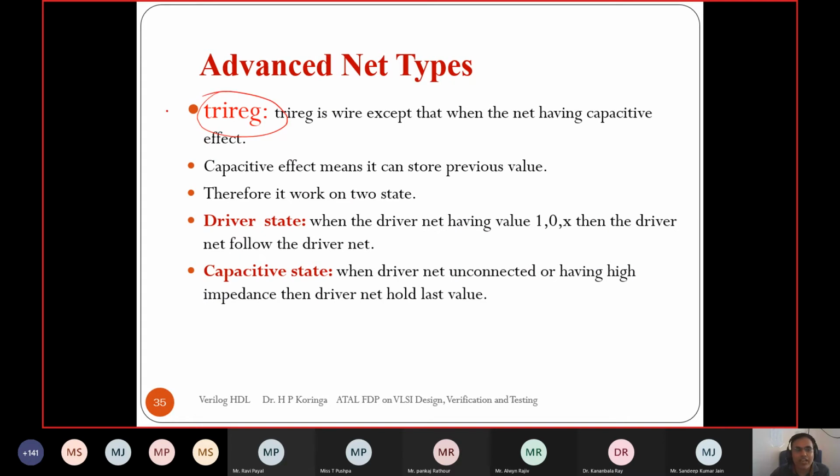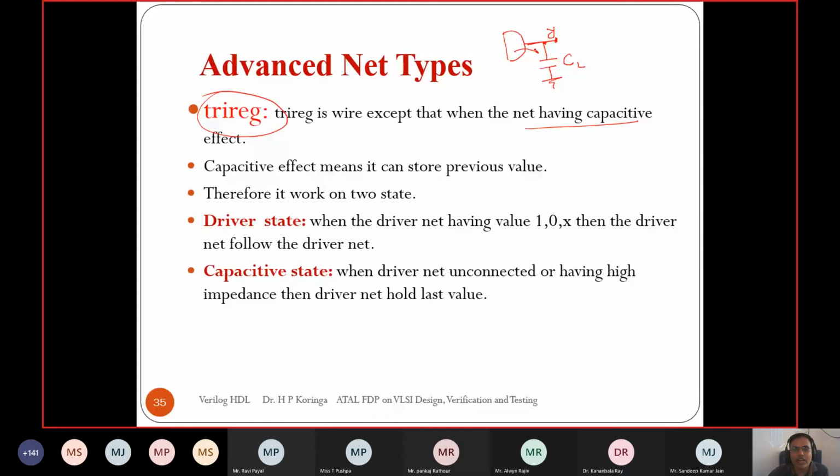As we have seen, the trireg can store the data, but the simple net or simple wire does not store the data. So trireg is again a type of wire but can store the data. The difference is only that it considers a capacitive effect. Suppose the output of any node, so here it is a wire, but we know when we are extracting the design, it forms some capacitance, load capacitance, so it has a capacitive effect.